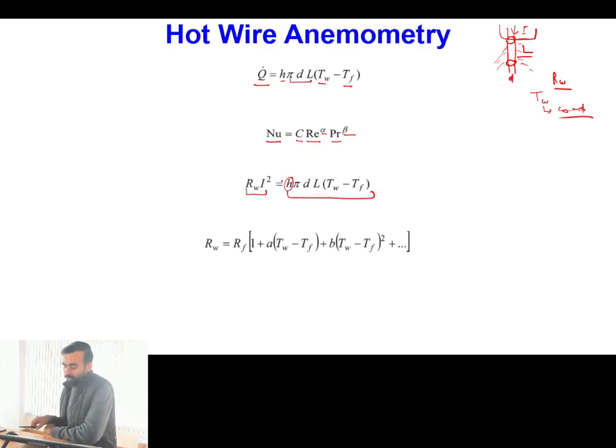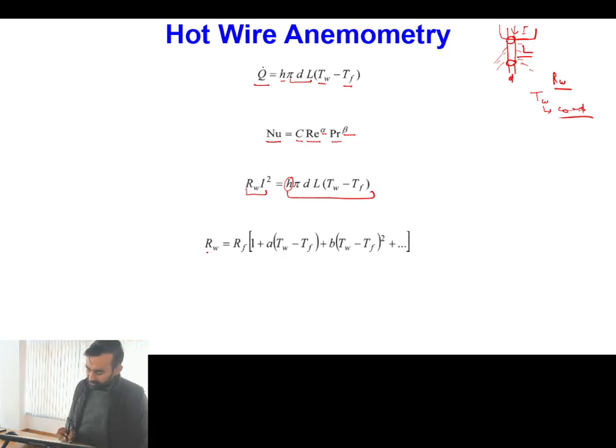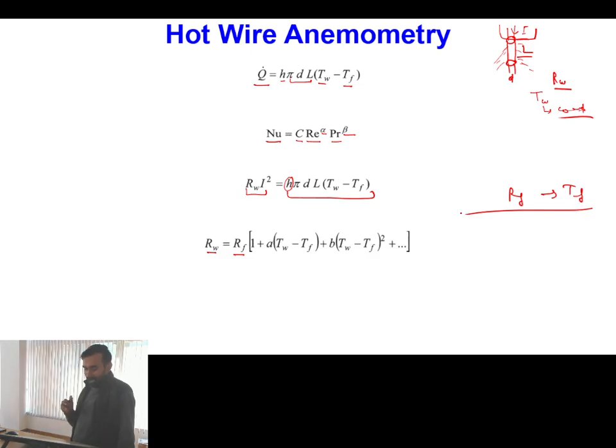Now one important point we have to consider is that whenever we have electric wires, the resistance of the electric wire is also a function of its temperature. So the resistance of the electric wire will be equal to the reference resistance, meaning the resistance at the reference temperature TF. After that, for whatever deviation from TF takes place, we have one polynomial equation,